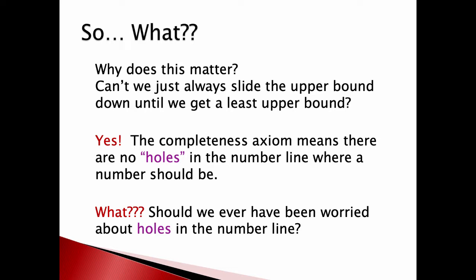It turns out that the rational numbers, you remember, are only countable, and the real numbers are much bigger. There are many more of them. So if we just put dots where the rational numbers are, there would be gaps between them. And we wouldn't be able to do this wonderful trick of sliding the upper bound down until we hit the least upper bound, because the least upper bound might be a number that wasn't rational. It might be a place where there was a hole. This is why we don't use rational numbers for this. We need real numbers.